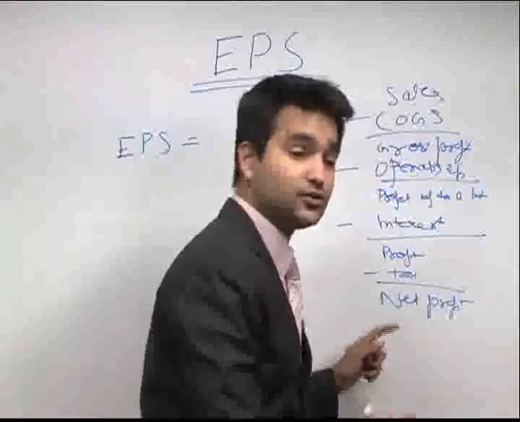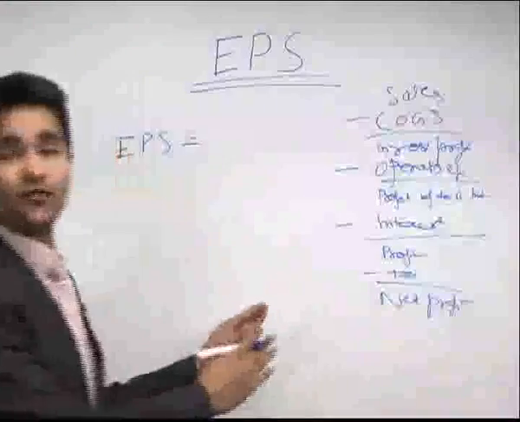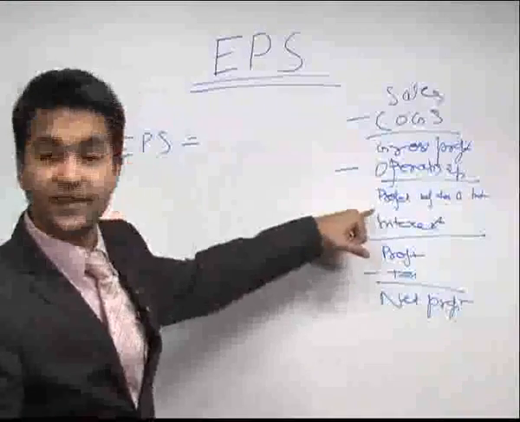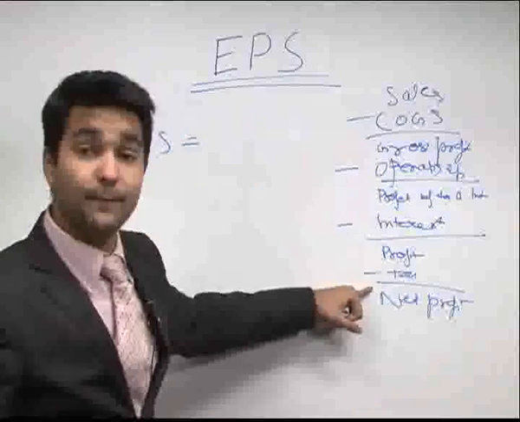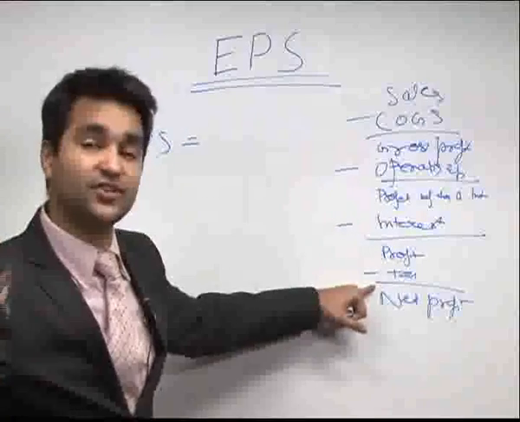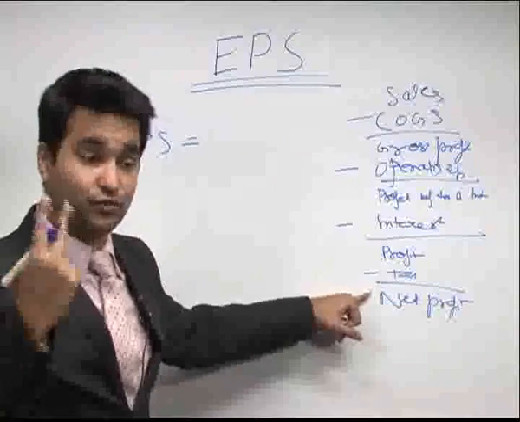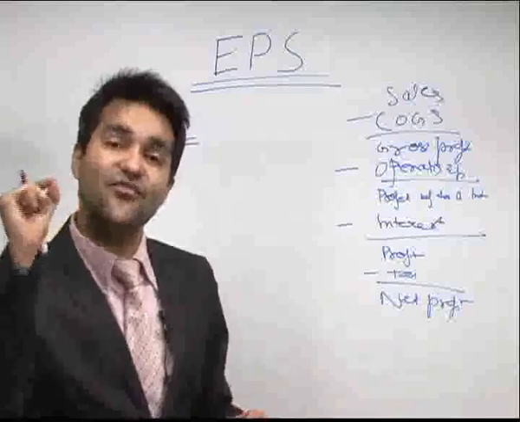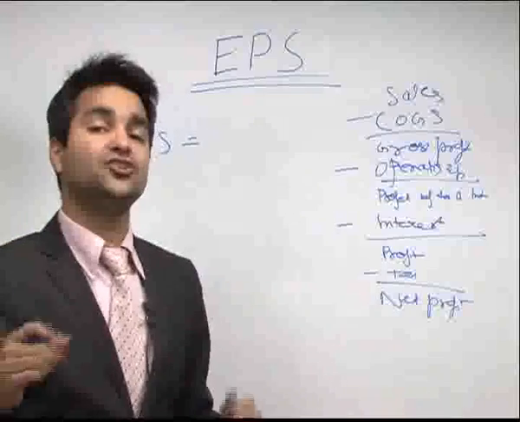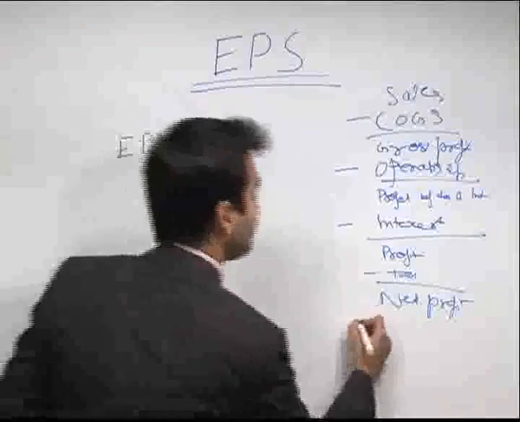I hope it is visible to everyone. The net profit. So after net profit, we have already paid the debt holders in form of interest. Now this net profit belongs to whom? The shareholders, which are the preference shareholders and the equity shareholders, right? So there are two types of shareholders. Now preference shareholders, as I said, have a fixed amount of payment, generally like 10% of dividend, that is fixed. So we pay off the preference dividend